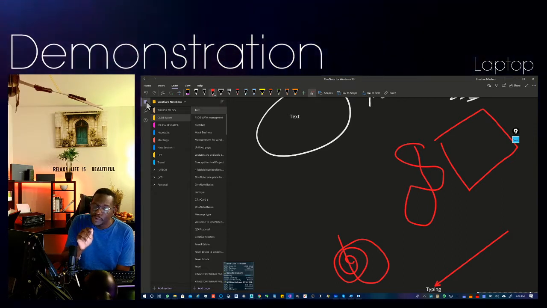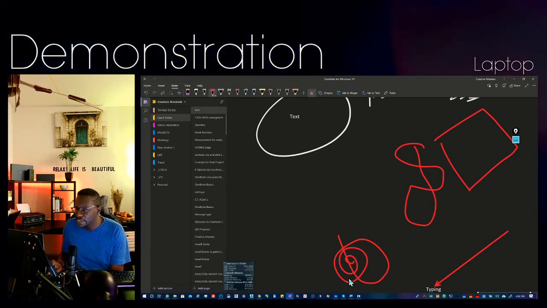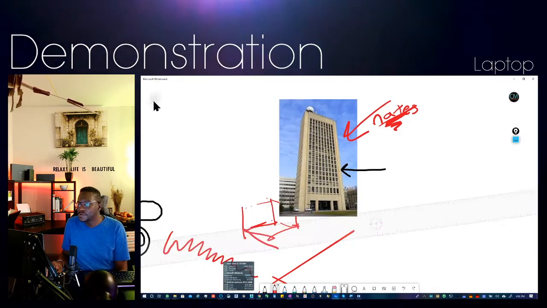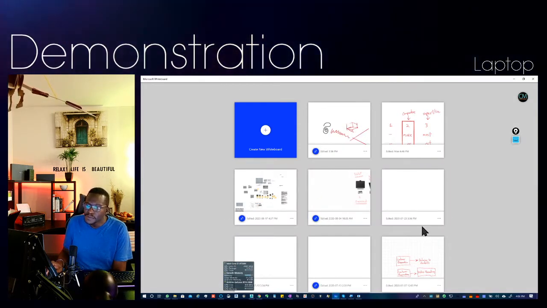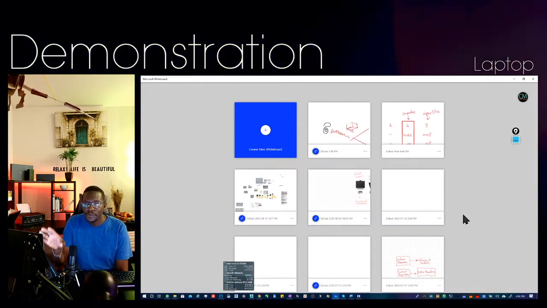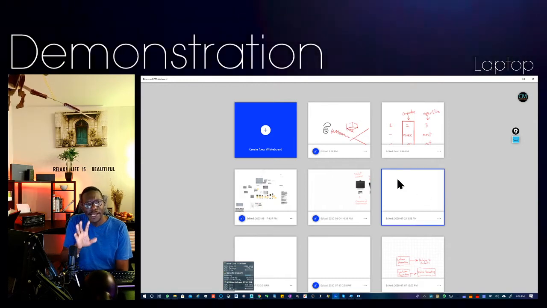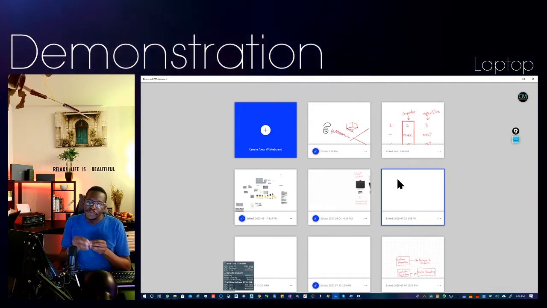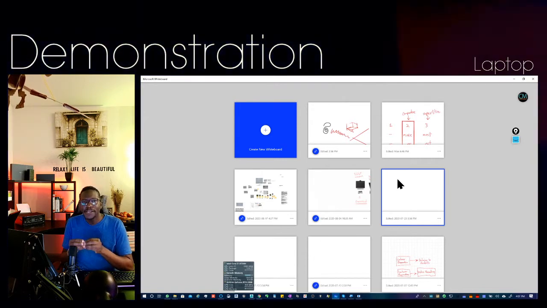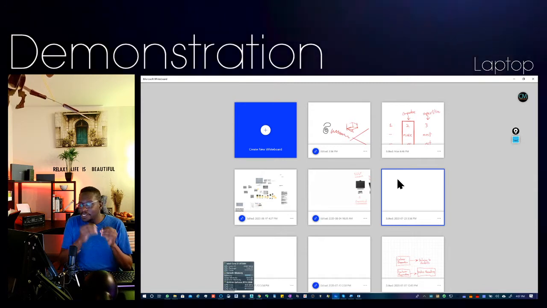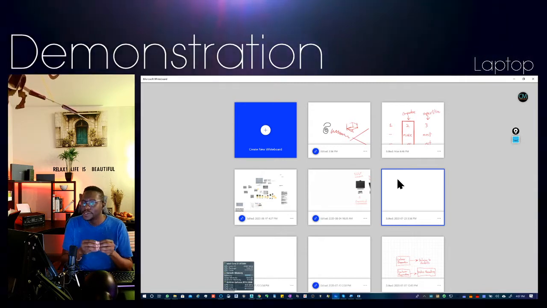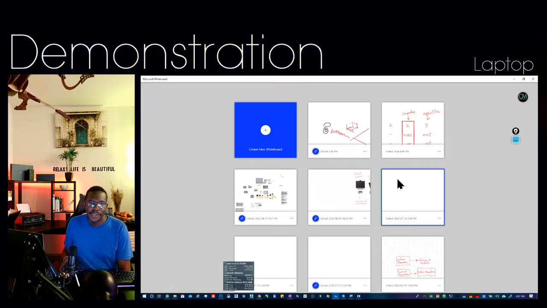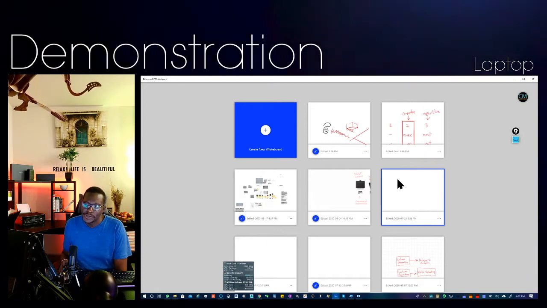Now, the next program that I want to speak to you about is Whiteboard. And Whiteboard, it's right here. This is what it will look like when it's opened. And how Whiteboard works, it's almost like sticky notes combined with a whiteboard. You can make quick notes and collaborate and share instantly. It's not very structured like OneNote, so it's definitely for quick doodling and brainstorming and mind mapping and collaborative brainstorming. So I can give you an example of that.